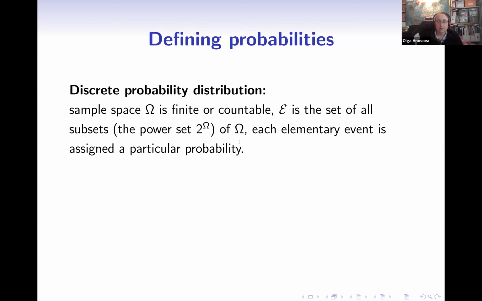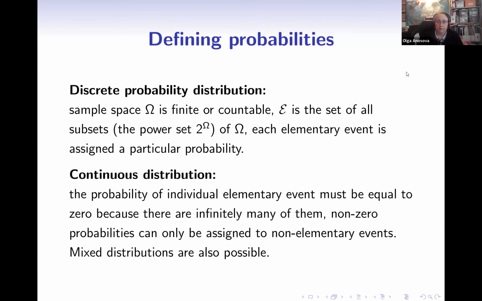And in this case, we can just give every element a particular probability, because we know how many possibilities we have, such that the sum of them is equal to 1, to conform one of the axioms. That's all nice and easy. The question is, what will happen in the so-called continuous distribution if we cannot count all basic blocks? If we, for example, take those building blocks coming from an interval, and that's a non-trivial situation.